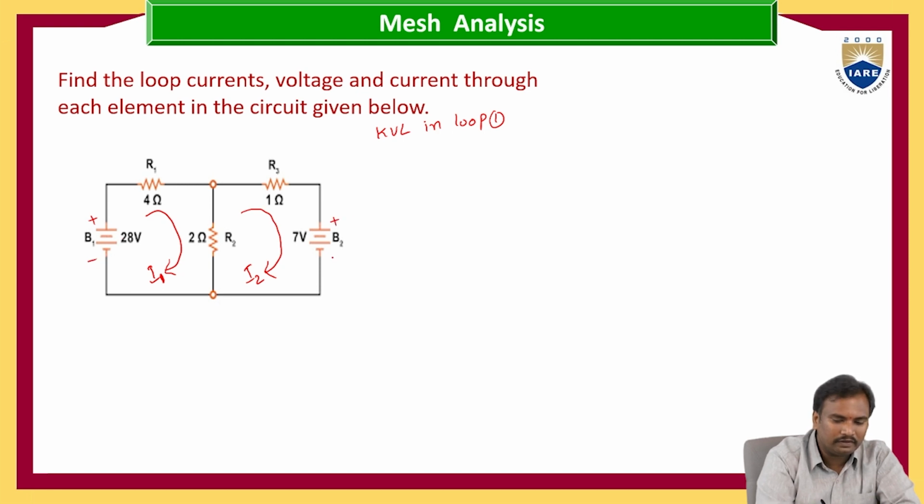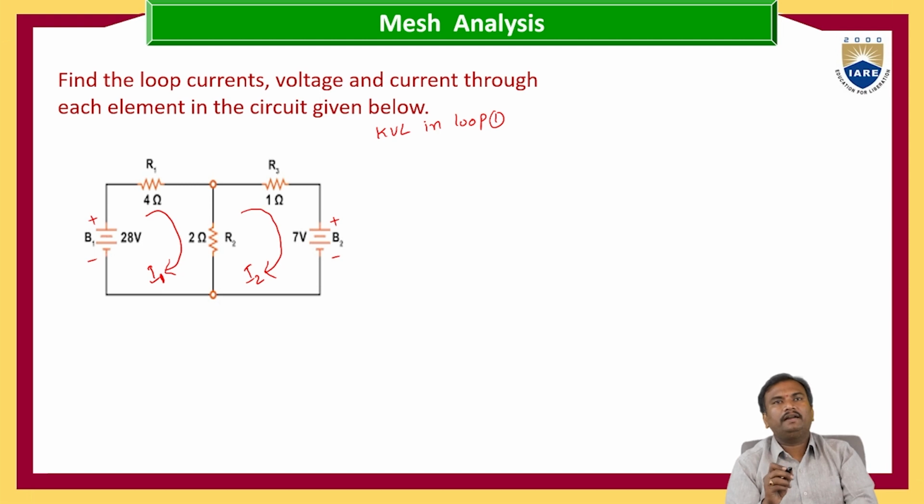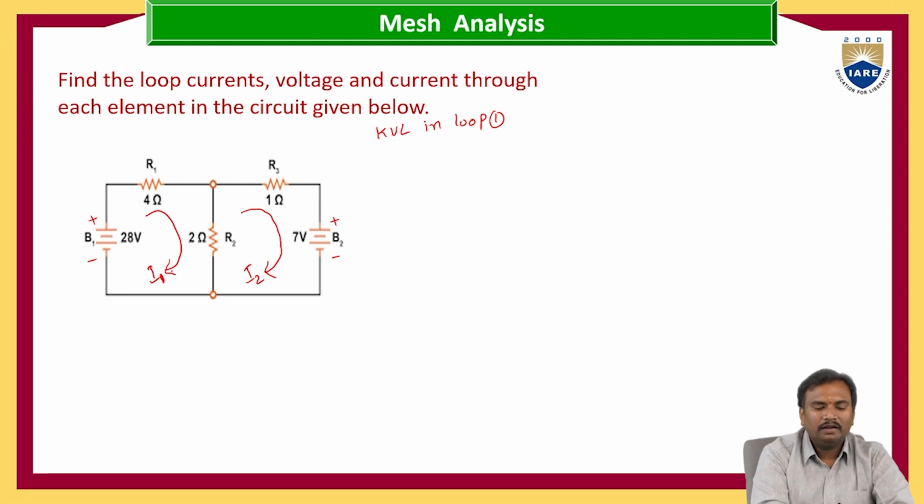In the battery symbol, the line with the greater length is taken as positive and the shorter line is taken as negative. So here current is entering the negative terminal of the voltage, that is minus 28 plus